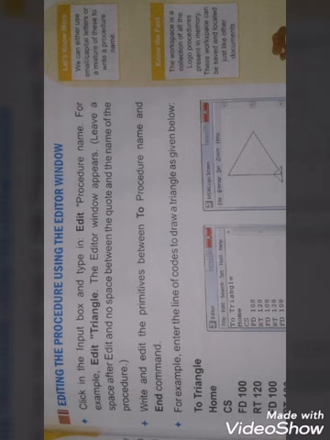After that, the next heading is, students, editing the procedure using the editor window. Editing means changing the procedure. Suppose you want to edit anything in any procedure, the following steps are taken. We have to click in the input box and type in edit, and then we type a double quotation and the procedure name. For example, if you want to edit the procedure triangle, you have to give the command